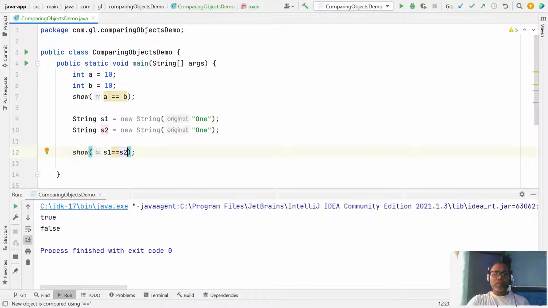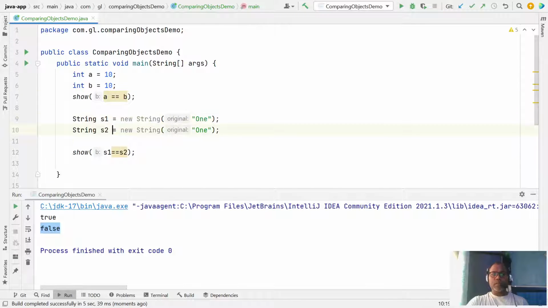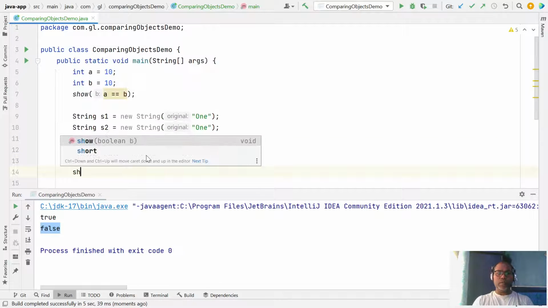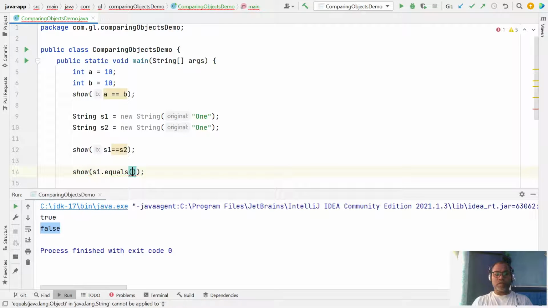In this case, it says both objects are not equal, but in the case of primitives, it says they are equal. So the preferable way to check equality between two primitive values, maybe int or float, is the double equal to operator. But in the case of objects, the preferred way is to use equals, so s1 dot equals s2.